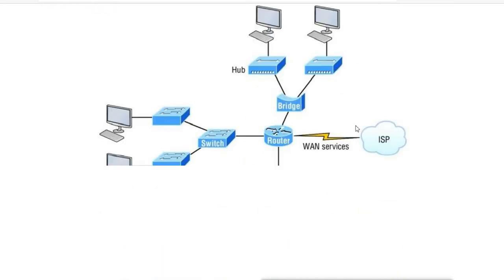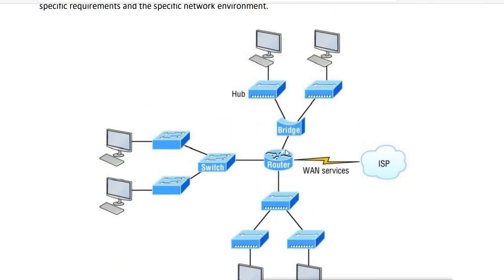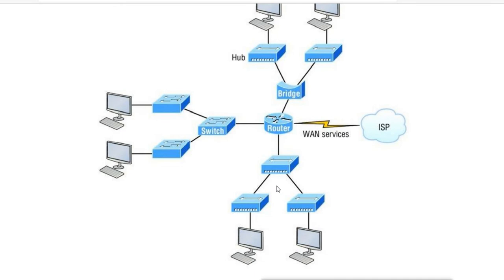Like when you have a network with these segments, this is a single segment which is connected to a bridge, the other segment is connected through a switch, and we also have another segment which is connected to wireless or other devices. Now if we want to connect all these different segments together, then we have to use the router.